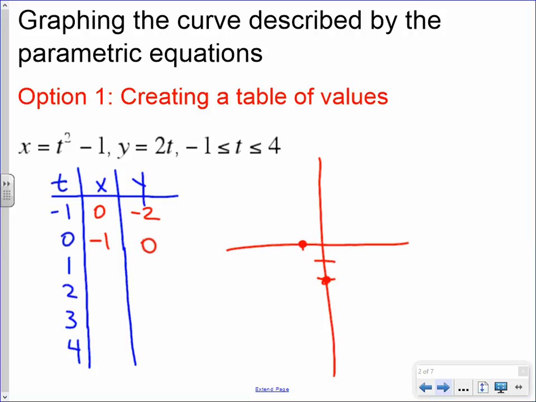When we plug in 1, we get 0, 2. And when we plug in 2, when we plug in 3, and when we plug in 4,